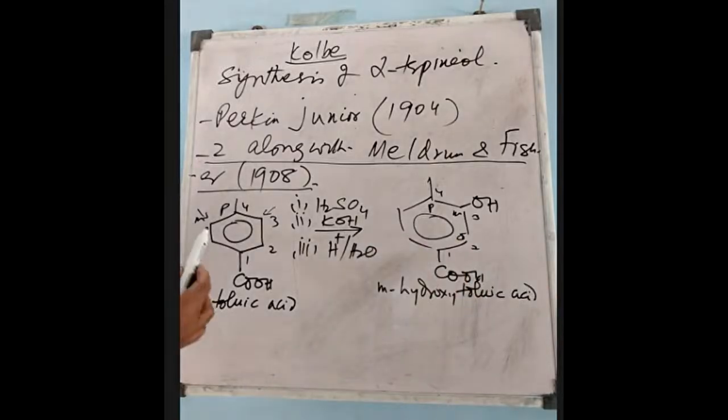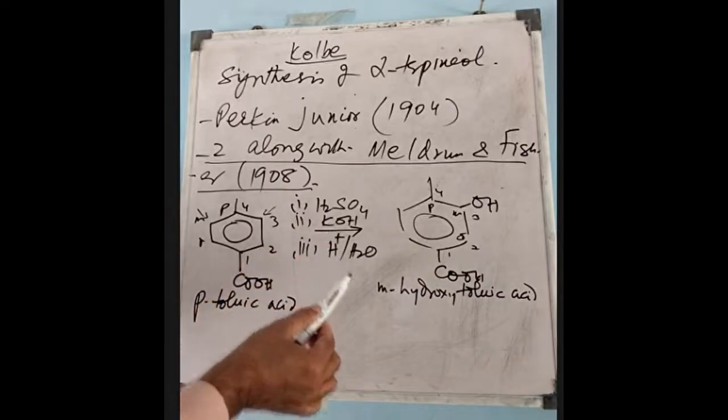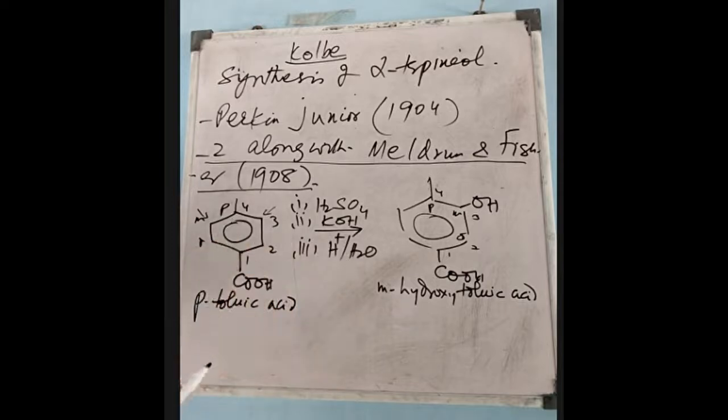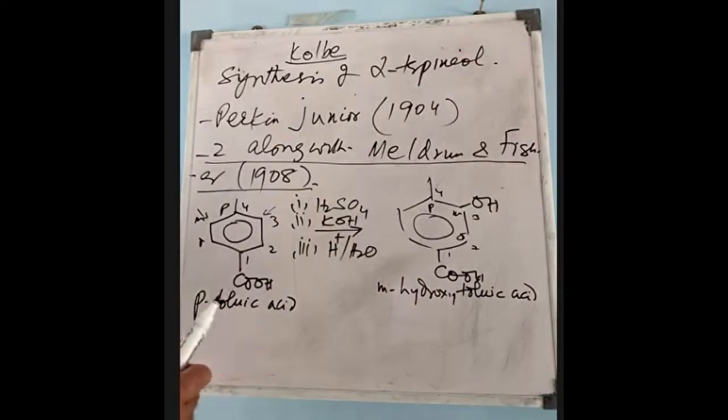How is it produced? Whenever para-toluic acid is treated with sulfuric acid, followed by potassium hydroxide, and then acidic hydrolysis. And when this compound, meta-hydroxytoluic acid, was treated with sodium and ethanol,